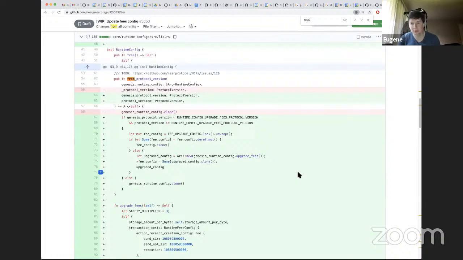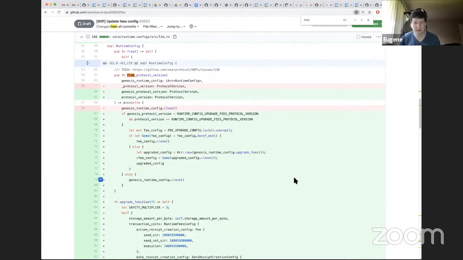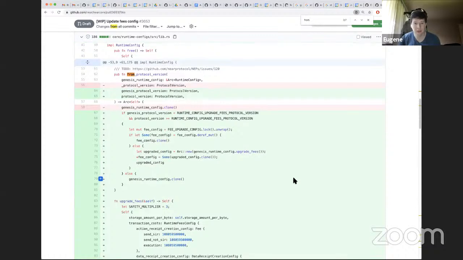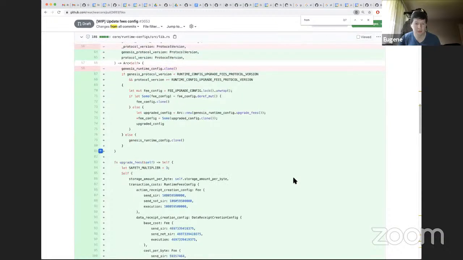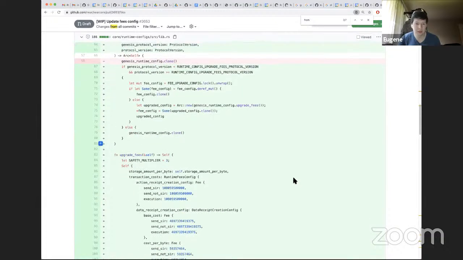If it's true, then we try to pull it from lazy static, because whenever we call it, we need to always return it. If it exists, we clone it. If it doesn't exist, we do the upgrade. So it calls generate new upgrade fees, and upgrade fees is